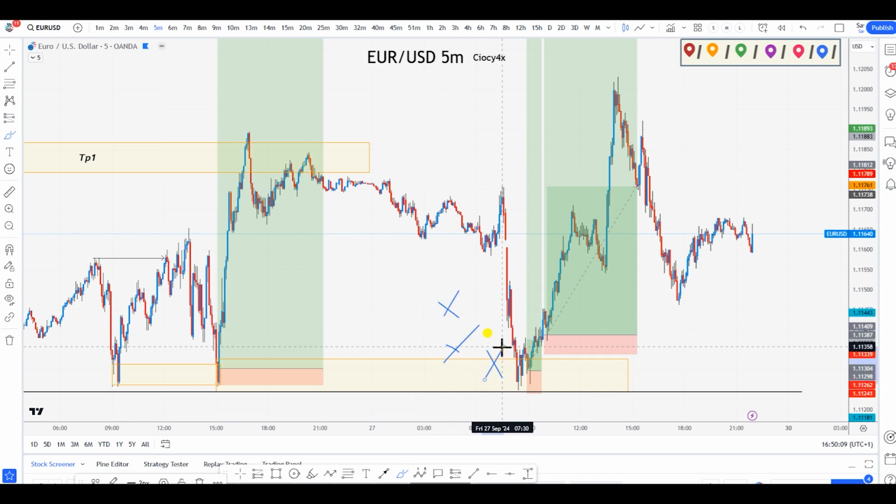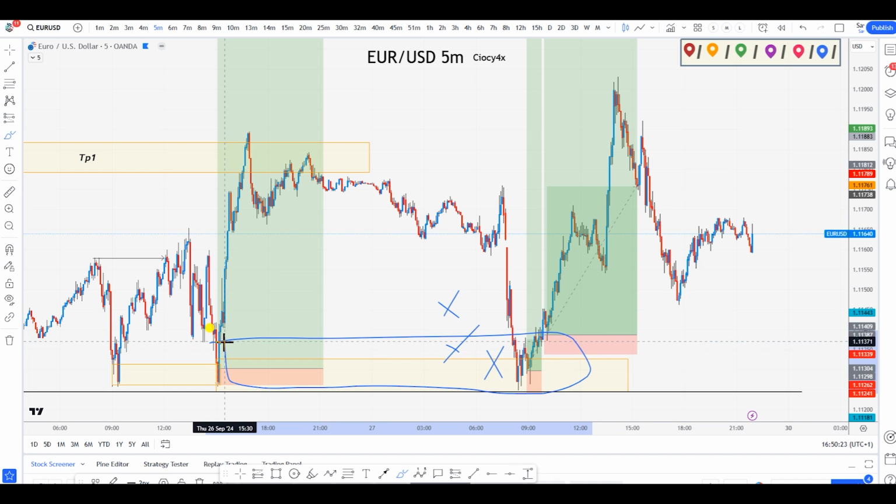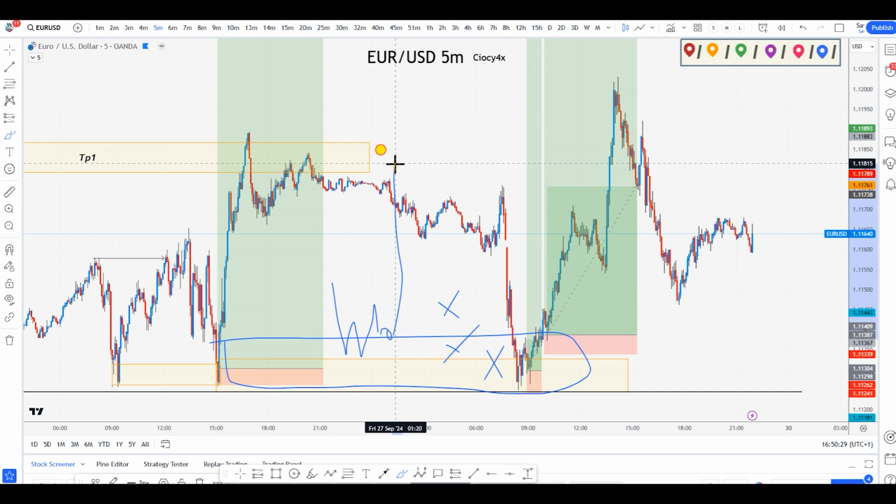Okay? And those are the people then that comes under my video and saying, oh no, these are not possible. This is not possible. You're just taking 10 losses before you hit your 1 to 20. No, I don't. Because I know that this is my POI, right? And all I gotta do is that when price gets here, wait for this pattern. That's it. If I get this and it aligns with my higher time frame narrative, I take the trade. If not, I don't take it.